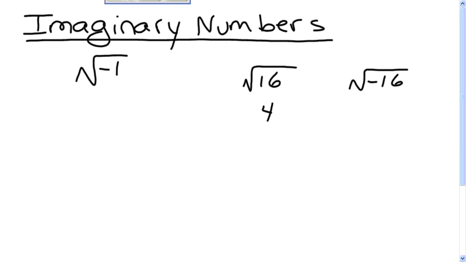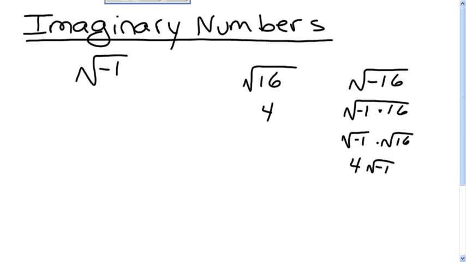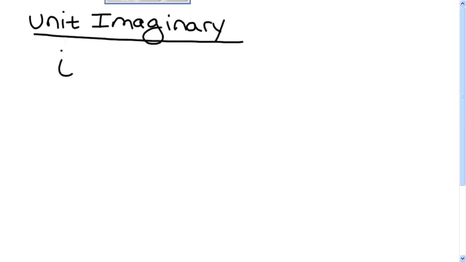Well, what I can do is I can rewrite it. If you think about how we break down radicals, it's the same thing as the square root of -1 times 16. So it's the square root of -1 times the square root of 16. So the square root of 16 then is just 4 times the square root of -1. That is a perfectly fine way to break down your imaginary number. Now, we don't usually write it as the square root of -1. What we instead do is write it as I, and this is called a unit imaginary. The unit imaginary is our I, and I is a number whose square